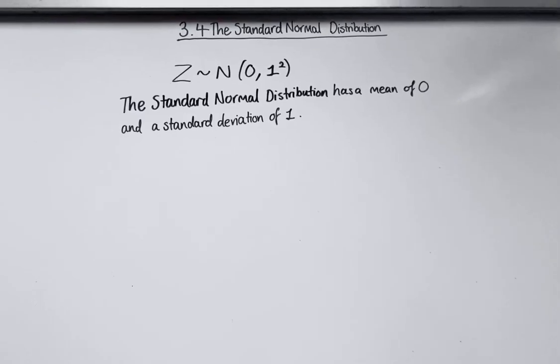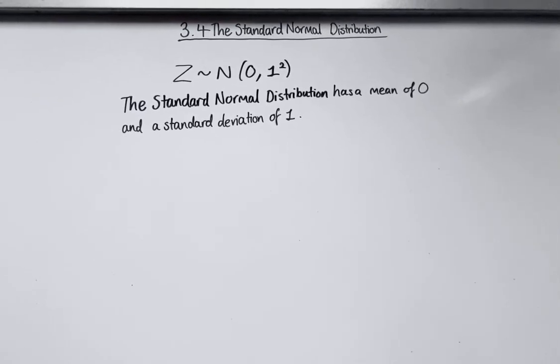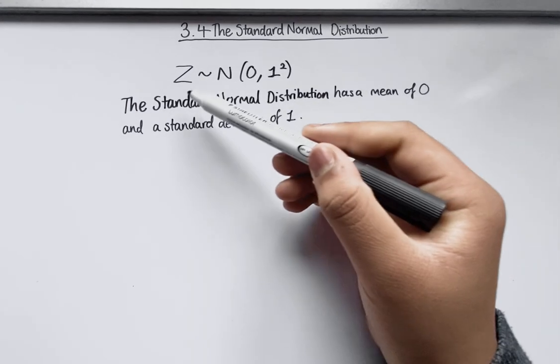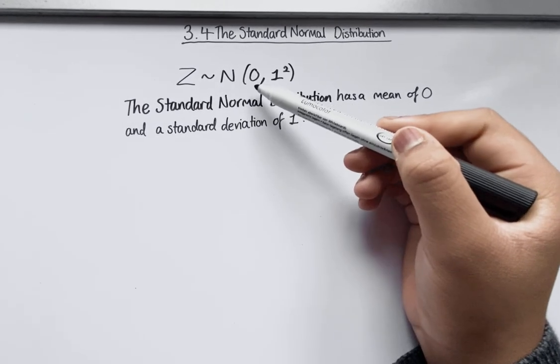Lesson 4. The standard normal distribution. It's often helpful to standardize random variables that have a normal distribution. You can code the data to do this so that it can be modeled by the standard normal distribution. The standard normal distribution has a mean of 0 and a standard deviation of 1. The standard normal variable is written as Z follows the normal distribution with a mean of 0 and a standard